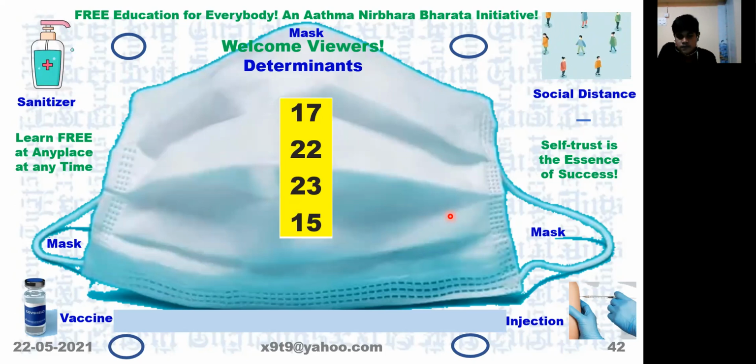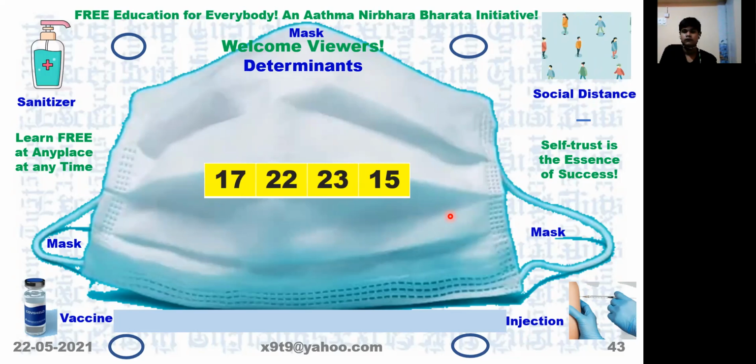Now, column means you might have seen the building construction columns are there, they are vertical. So here is something like a vertical column. There are 4 numbers, 17, 22, 23, 15. If you write the numbers like this vertically, it is called a column. Suppose we write the numbers in the form of a horizontal row. This is called a row. So the numbers are 17, 22, 23, 25.